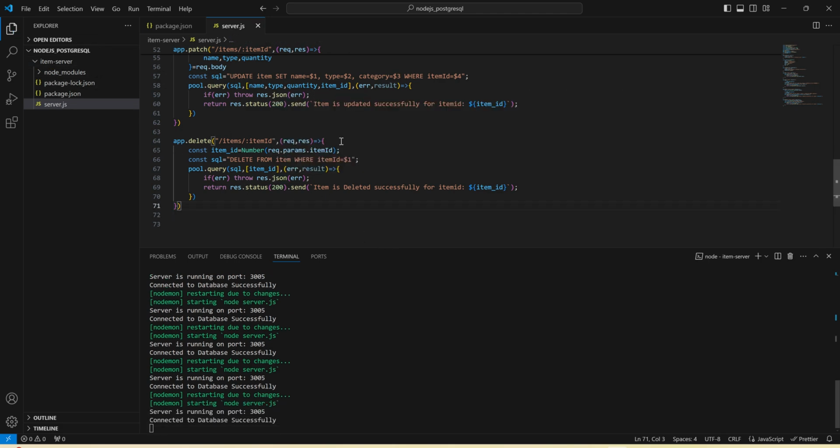So we are done with the delete method as well. What we have done is we are going to use the HTTP DELETE method. This is the endpoint, same as for update, slash atoms and atom ID. And here we are extracting the atom ID from the request params, and we are preparing the query: delete from atom where atom ID is equal to, this is the placeholder,